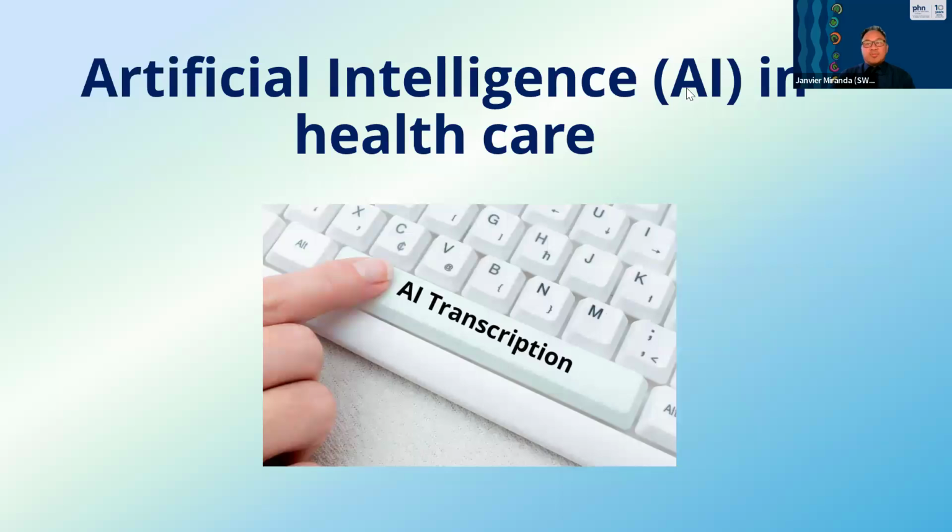So we have some learning outcomes that we'll endeavor to meet. Number one is describe what artificial intelligence is and outline its main principles as they apply to healthcare. Recognize the main advantages and potential challenges of using AI in healthcare settings and assess the key considerations involved in introducing and integrating AI technologies within the healthcare services.